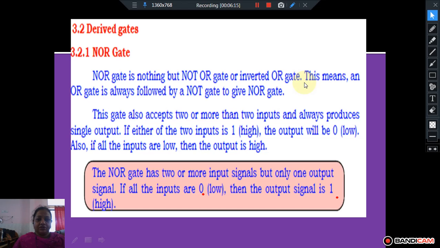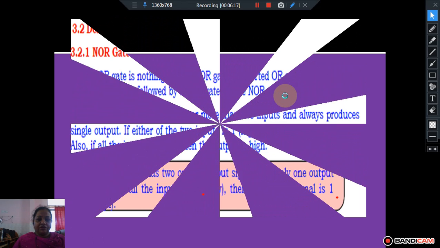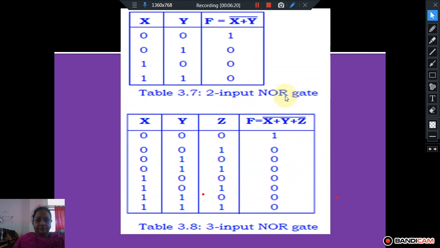Let's have a look at the logic symbol and the truth table of the NOR gate. Let us see the complement of the OR gate. As you can see, x plus y is the OR gate and you can see the complement. The output of the OR gate is 0, 1, 1 and 1. The complement of that is 1, 0, 0, 0.